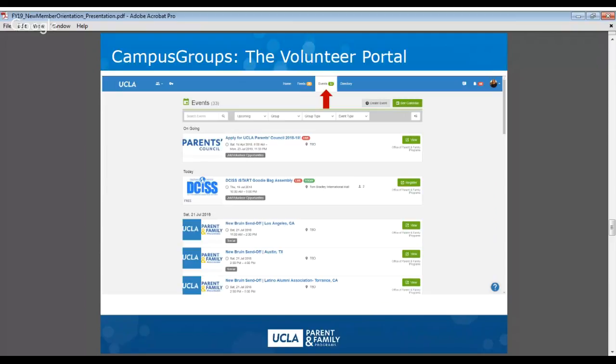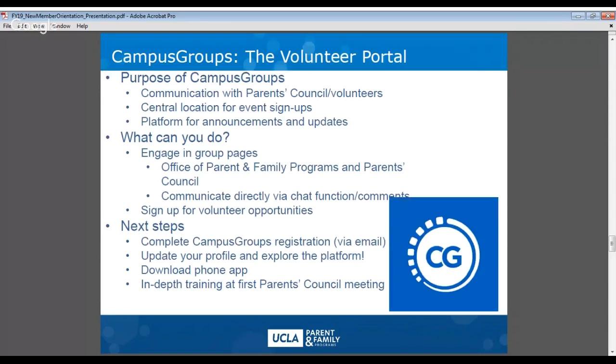The events page is where all upcoming and ongoing volunteer opportunities and events are posted for you to sign up. They are listed in chronological order, and more details about each event can be found by clicking on its title. You can easily register for events, save events to your personal calendar, and manage your own RSVPs using this function. Should something change and you can no longer volunteer, simply click back into the event and select Cancel My Registration.